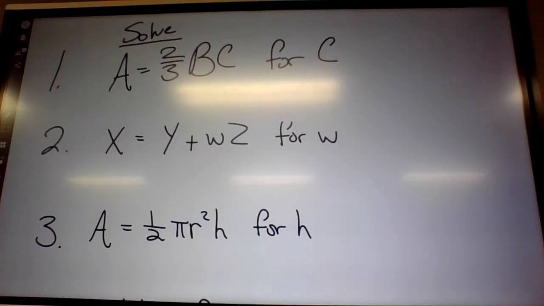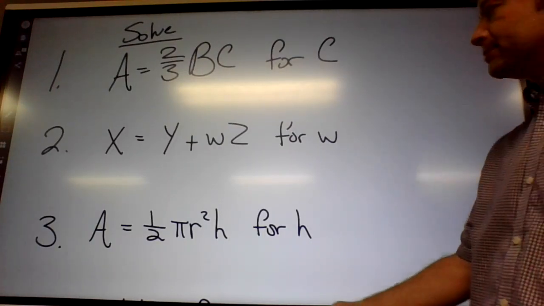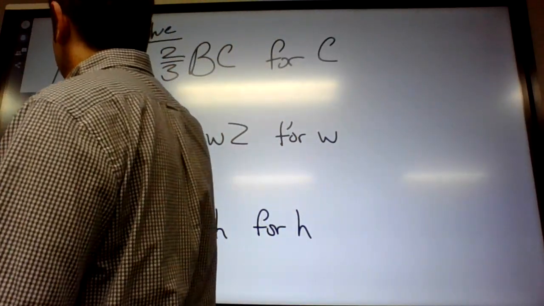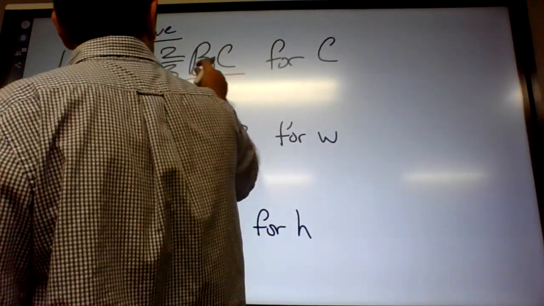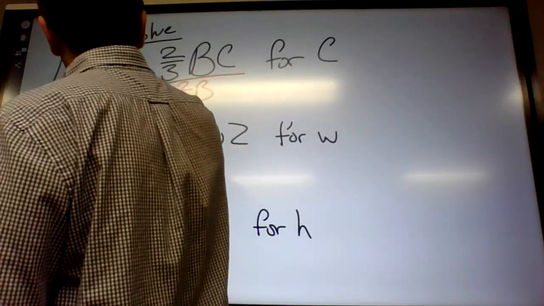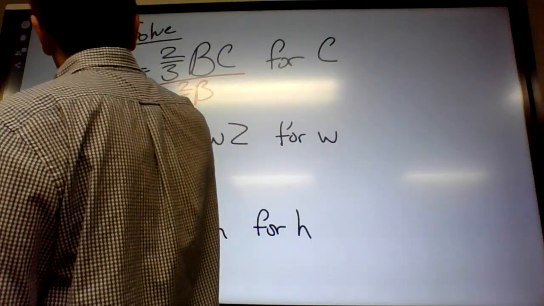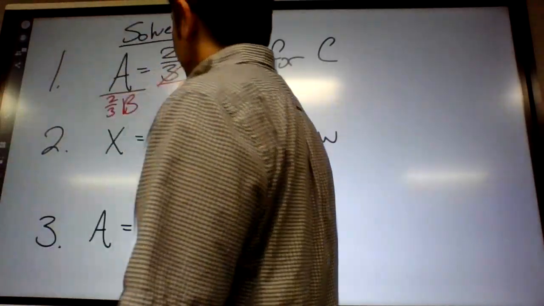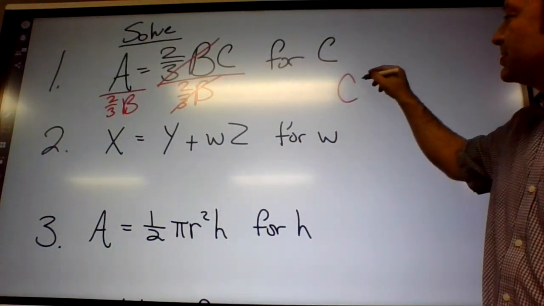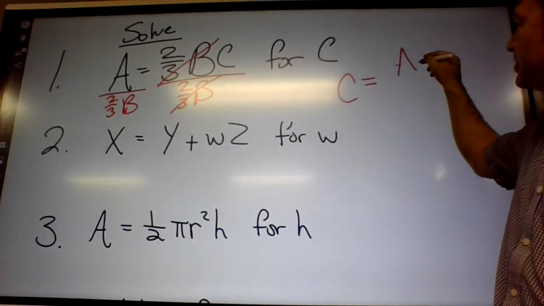Okay, so how do we get C by itself on this one? Yeah, good question. Right. So 2/3 and the B are multiplied to C. So to get rid of them, you divide. So that goes away, and that's pretty much it. C equals A